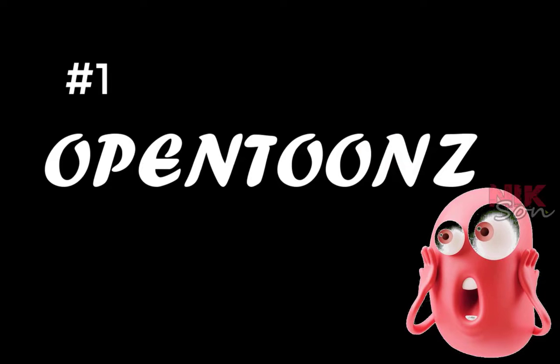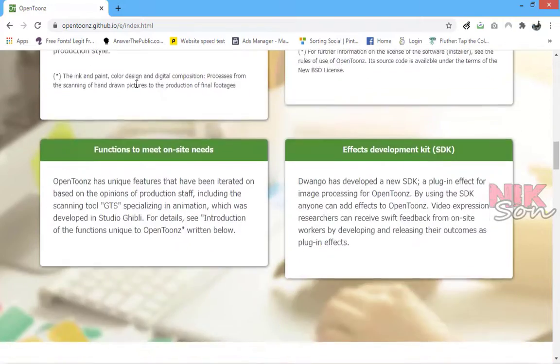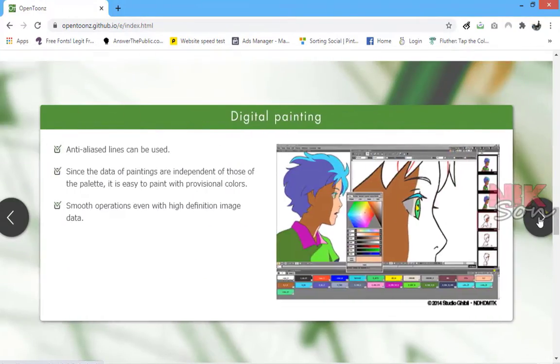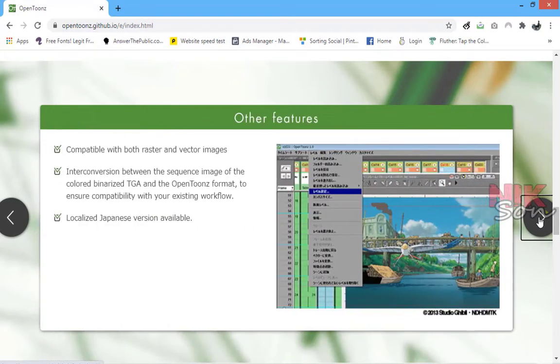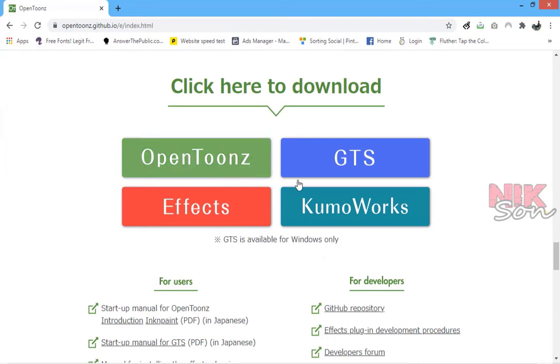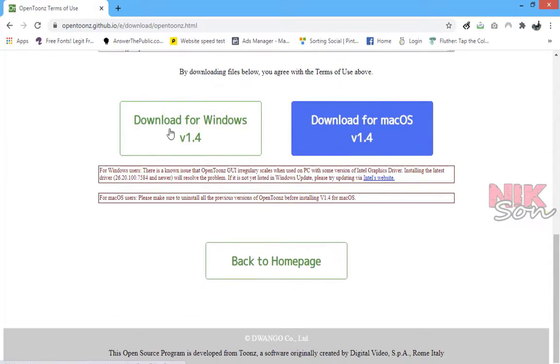So, our first tool is OpenToons. It's an open source animation production software. It's an amazing free 2D animation suite if you want to get into real 2D, frame-by-frame animation. What I do like about the program is its ability to combine hand-drawn and digital animation. I don't know any other program that allows you to bring in scanned drawings and polish them digitally as well